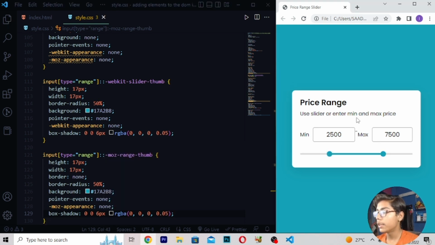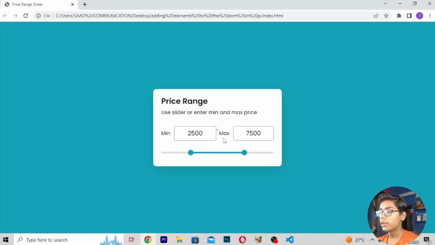Now here you can see we are getting all this stuff like this. Now if I show you by full screening this, you can see we are getting all these values. If I change it to any other value, you can see you can take this to bigger and you can take it to smaller.